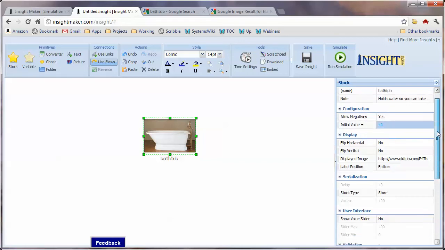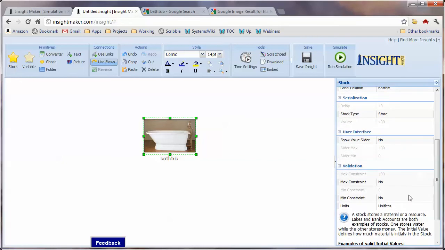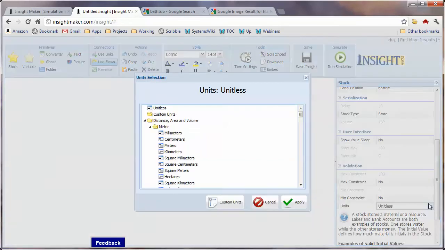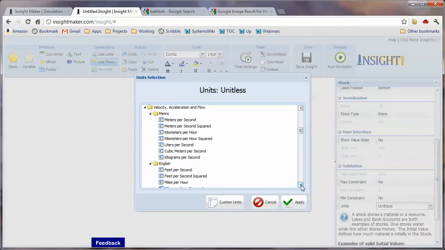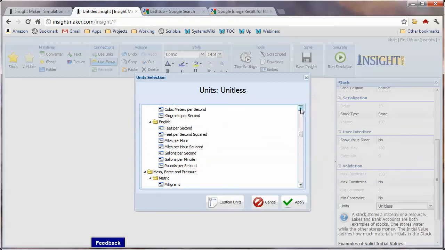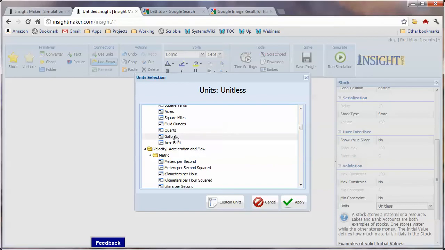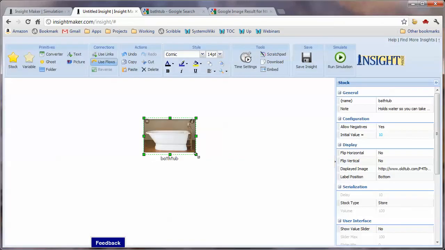Now within Insight Maker, you can go ahead and specify units. Units are very useful to help you ensure that you're not mixing things up in a model, so you're not multiplying apples and oranges and getting some nonsensical kind of stuff. And you'll see as we progress the kinds of things that happen if your units don't come out appropriately. So being that a stock is a quantity of stuff, in this case it's gallons of water,